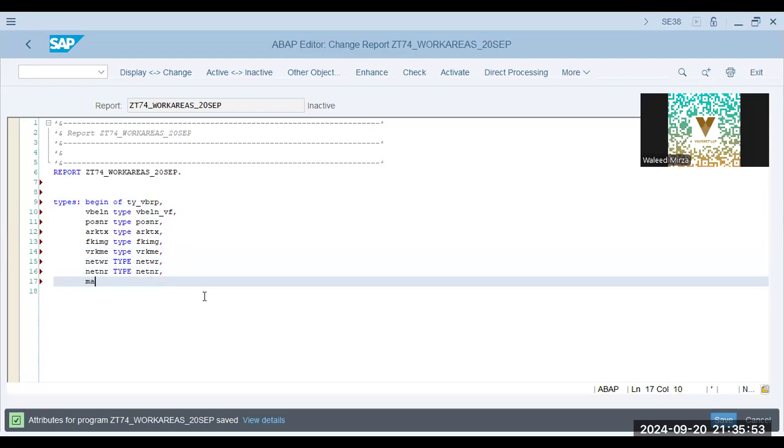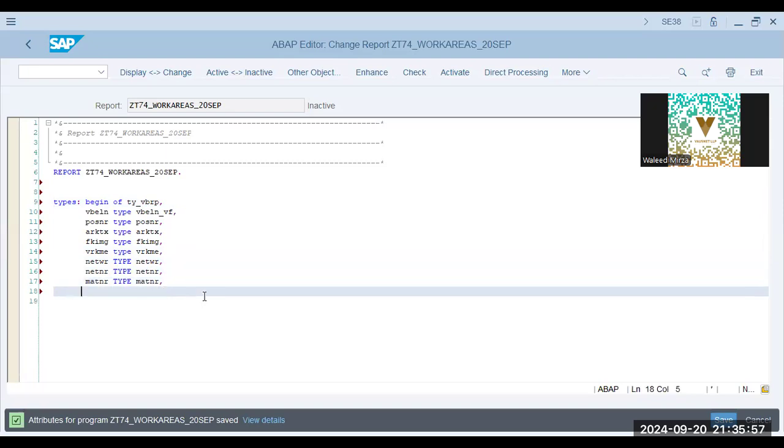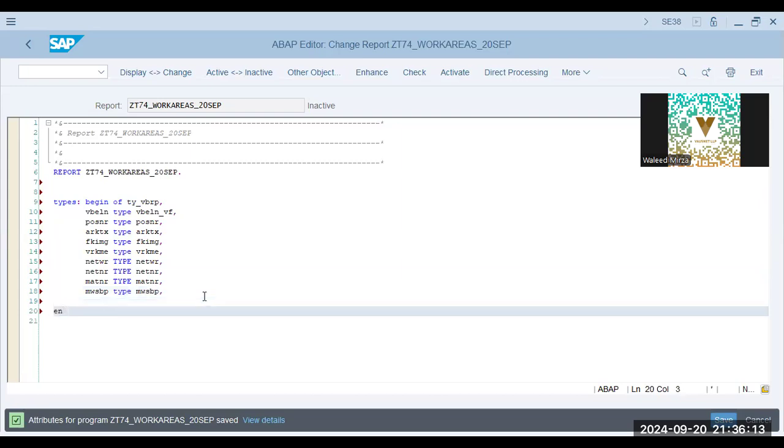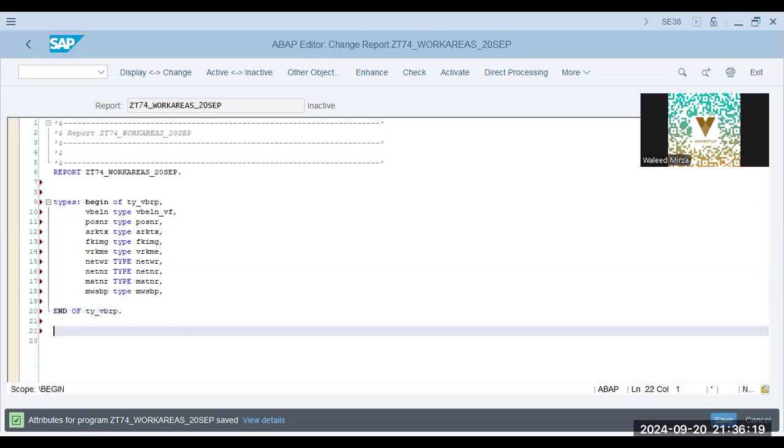MATNR type MATNR. MWSBP type MWSBP. End of TY_VBRP. Okay. Then data